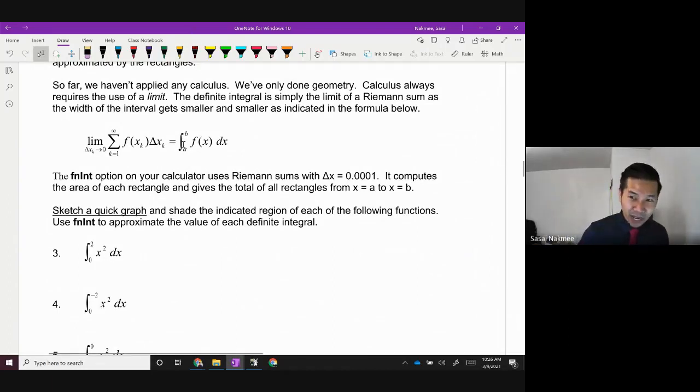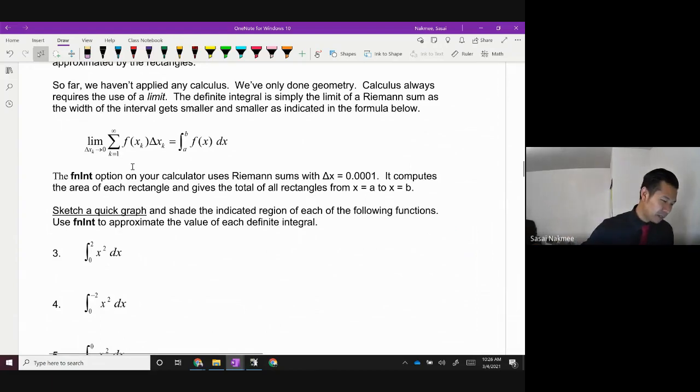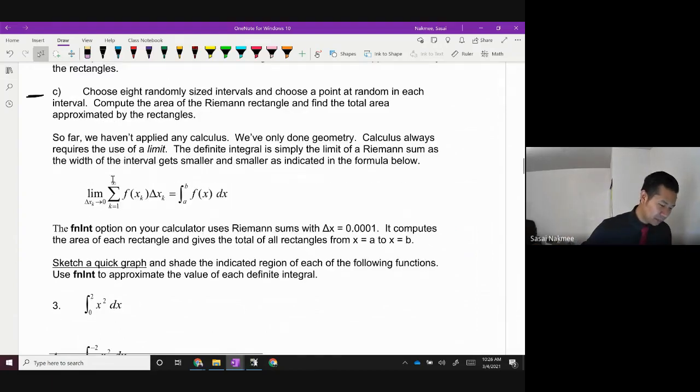You guys saw what happens, right, as I start getting more and more rectangles. When I got up to 100 rectangles, my area became very, very accurate. It was still being cut off a little bit here and there, right? But if I take the limit as n goes towards infinity, this one's a little bit different here. This is the idea that the delta x is going to go to 0, right?